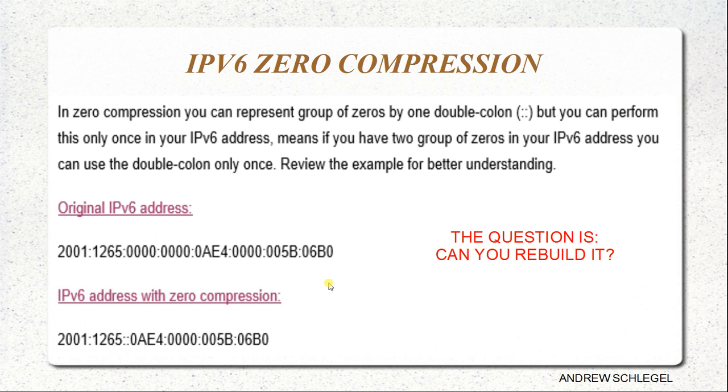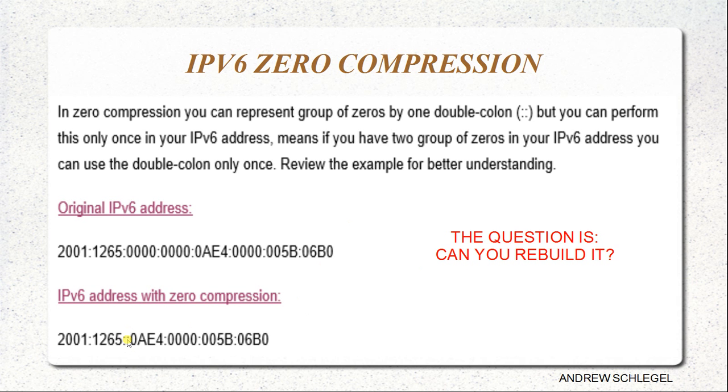Okay, so basically the question is, here's the number. Let's say here's the IPv6 number, and we want to compress that, and we're going to do that by just eliminating strings of zeros. So if I get rid of these 2 hextets of zeros and just replace them with a colon, how many hextets do I have left? 1, 2, 3, 4, 5, 6. So the question is, can you rebuild it? If I give you this number and I say, get this back to a real IPv6 number, you can rebuild it, because you know there has to be 8, so you know there are 2 hextets of zeros missing in between